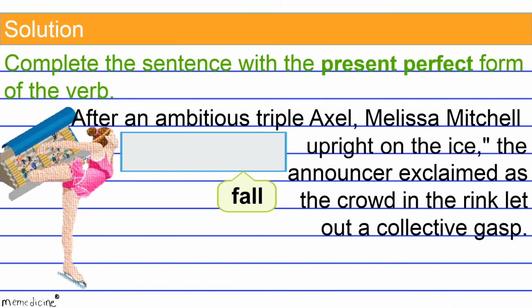All right, back to the original question, now for a detailed solution. Again, the present perfect tense tells about something that has happened or has already started. It uses a present tense form of the helping verb to have, which is has for singular, third person subjects. And just in case you're wondering, here are some examples of singular third person subjects. Melissa Mitchell, as well as the announcer.